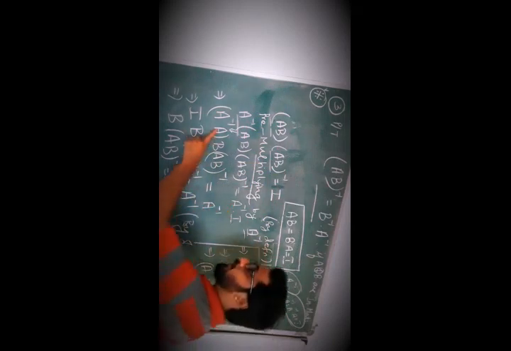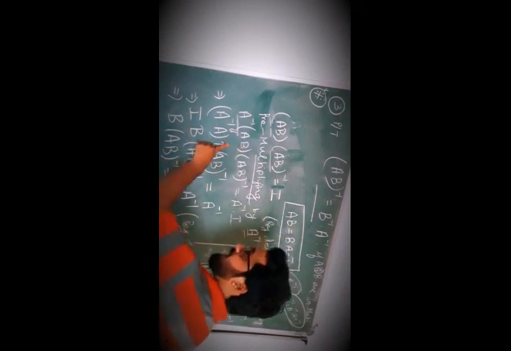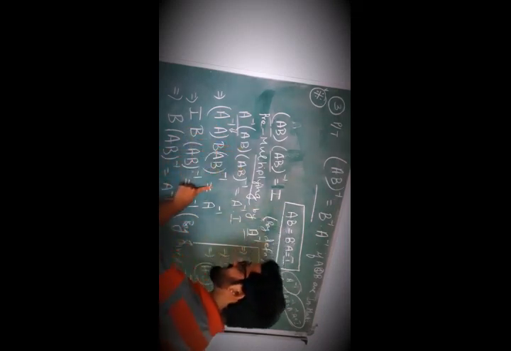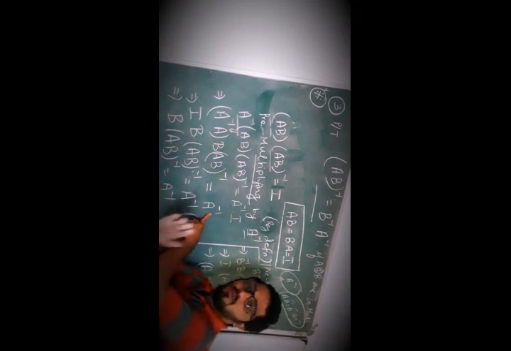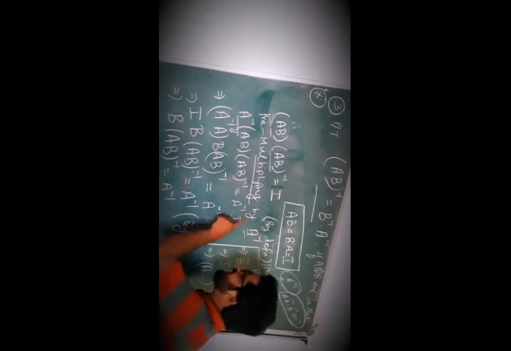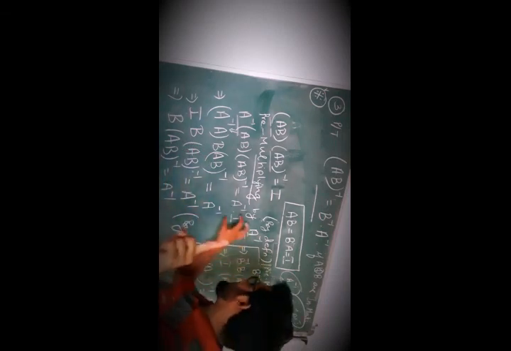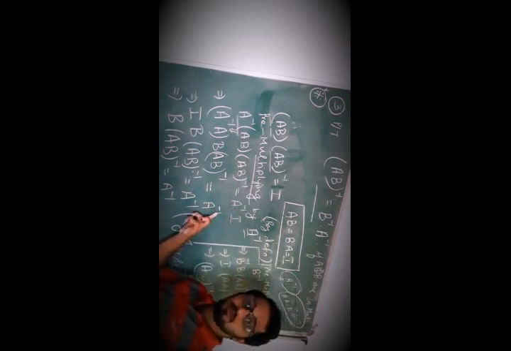Is it clear? Now that is A inverse into A, B I am keeping as it is, AB the whole inverse is equal to A inverse into I. That is nothing but identity matrix. 4 into I, you will get 4 matrix, so 4 0 0 4. So identity matrix is nothing but we are considering here 1. That means A inverse into 1, that is nothing but A inverse only.